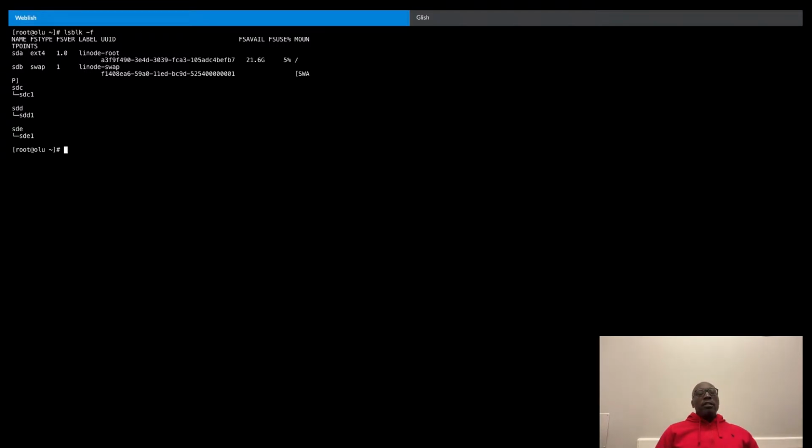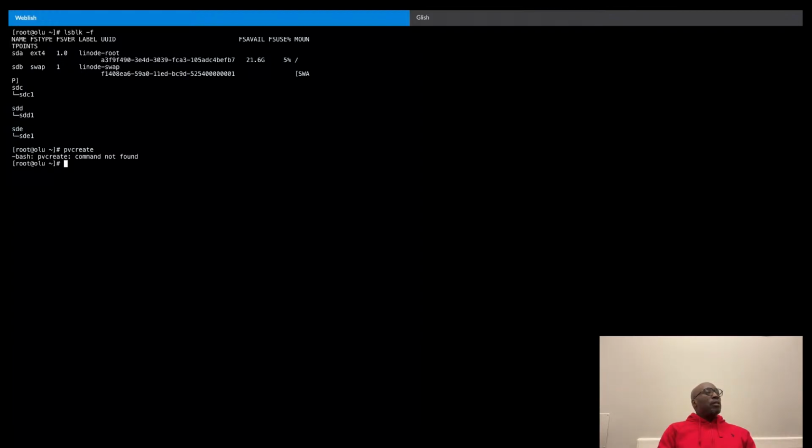So the next thing I need to do now, so when you're working with logical volumes, in order to create a logical volume, first you have to have physical devices that are going to be part of a volume group. And from within the volume group, you can then create your logical volumes. So the first thing I'm going to do is invoke the command pvcreate. Okay. So that command is not found. So I need to install